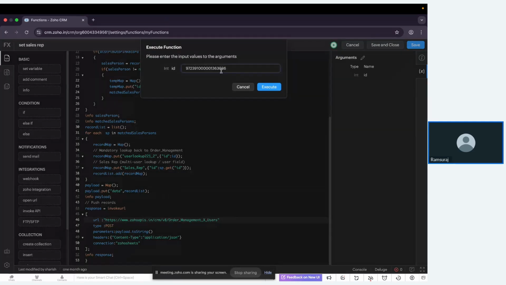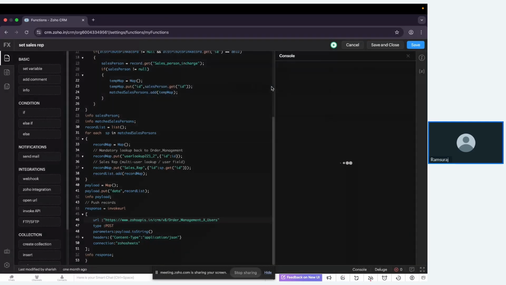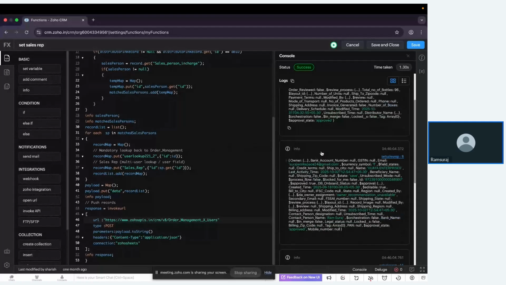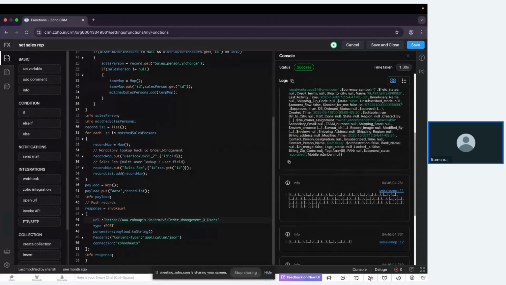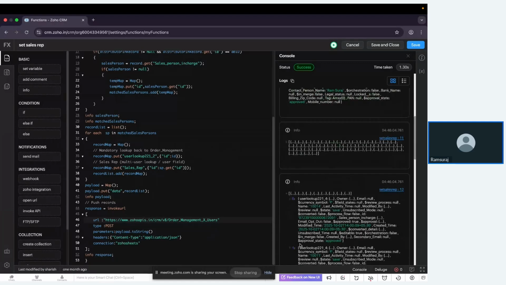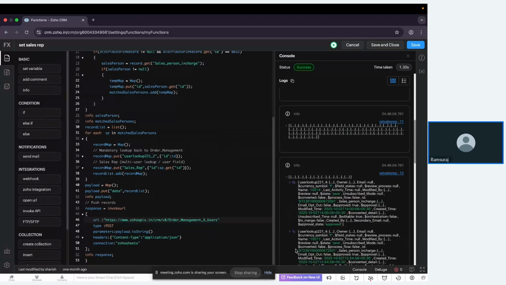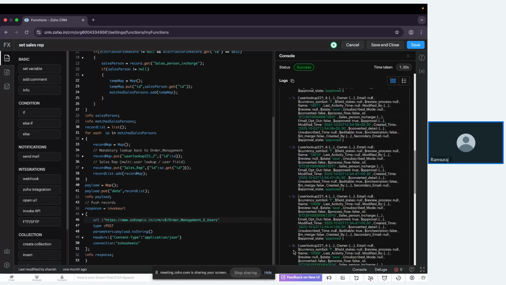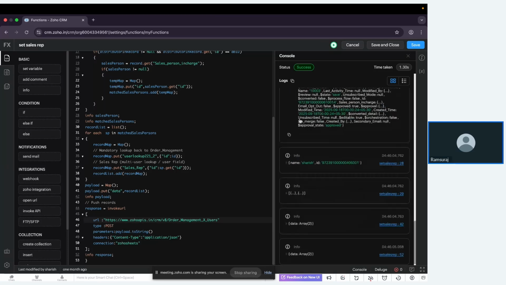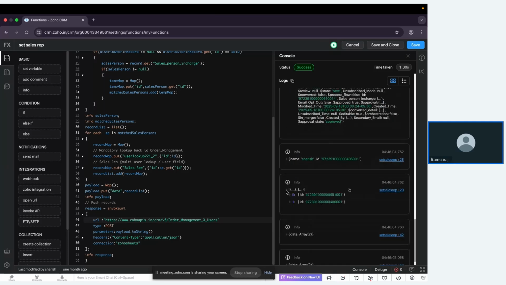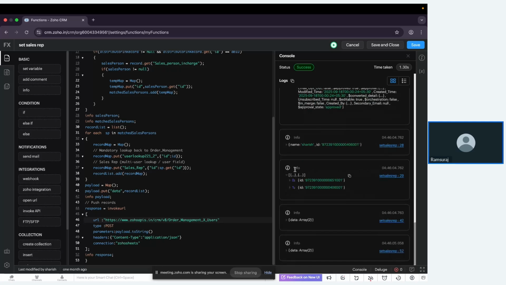function, I have an order ID. So this is a particular order ID. If I execute it, it gets all the order statuses, and you can see these are all the lookups. These are all the connections between the modules. So you have around 7 connections between the modules, in which I have found that two connections are there,